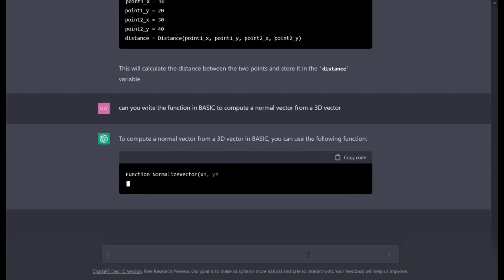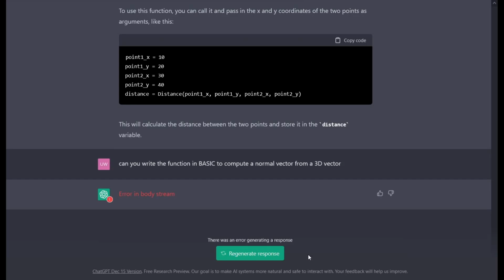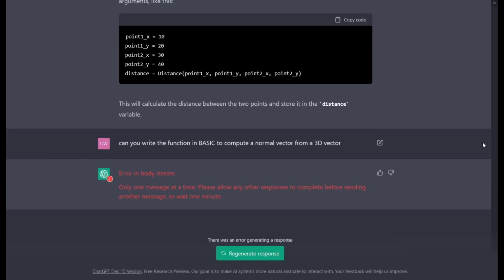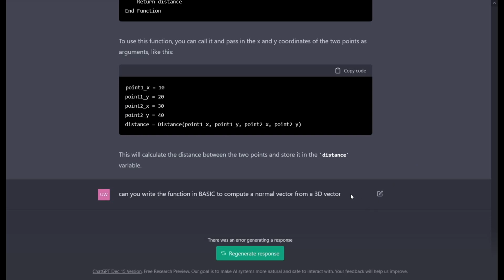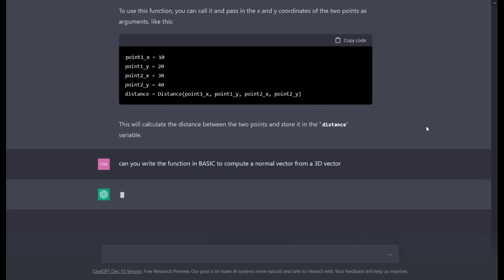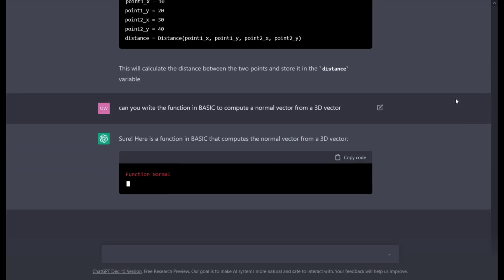So if you don't know, we get the points. Regenerate. Sometimes it sort of times out and gets a bit lost. One message at a time. Please allow it to complete before sending. Yep. Okay. Regenerate response. Yeah, okay. It just gets lost sometimes. Fair enough. It's very popular, so